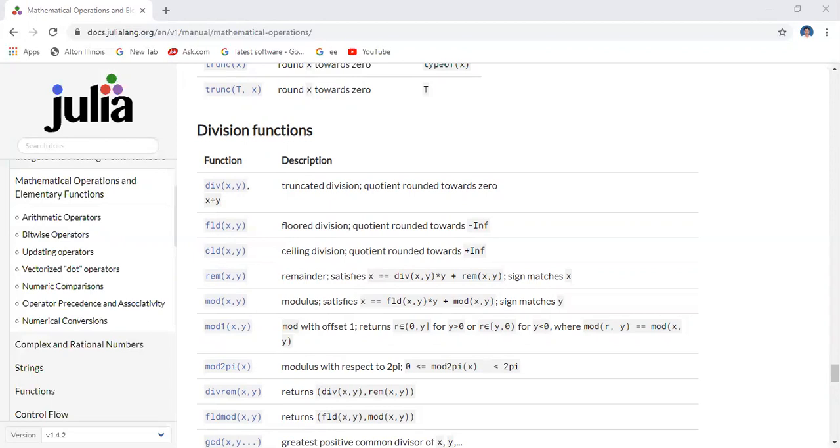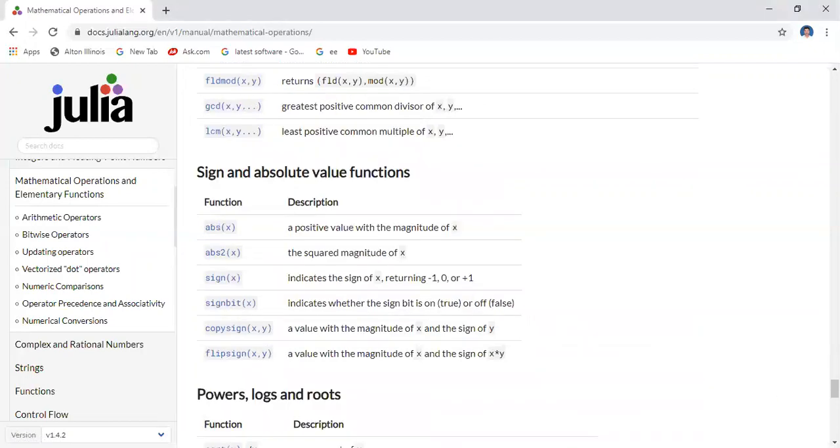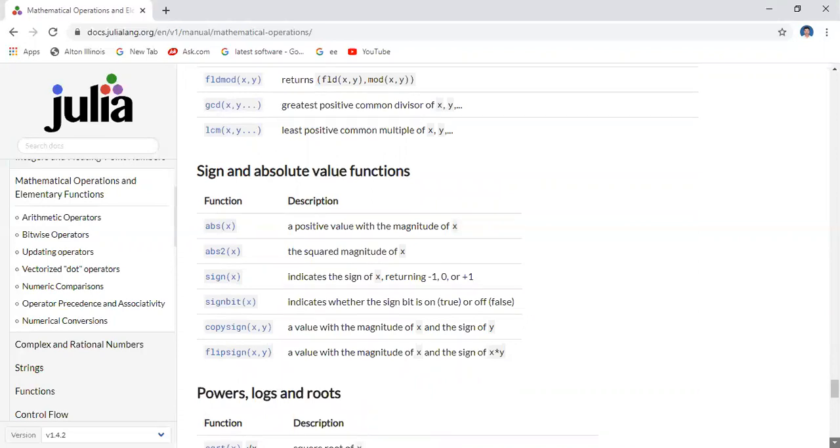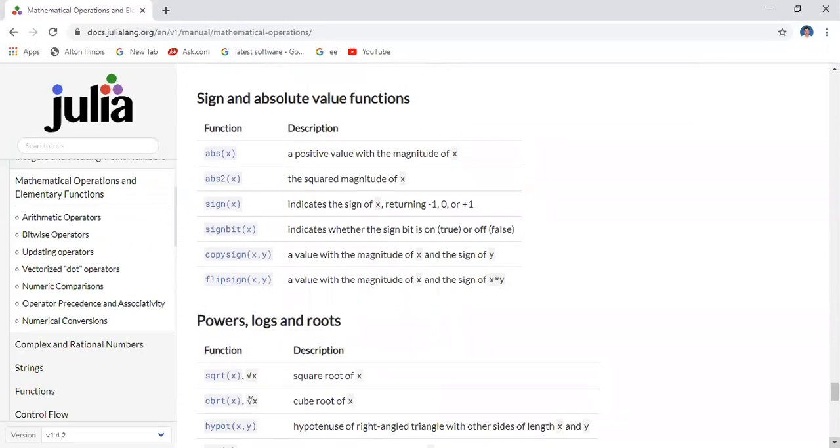That is the division function. Coming to another important set of functions, the sign and absolute value. If you take the absolute value, how can you represent it?